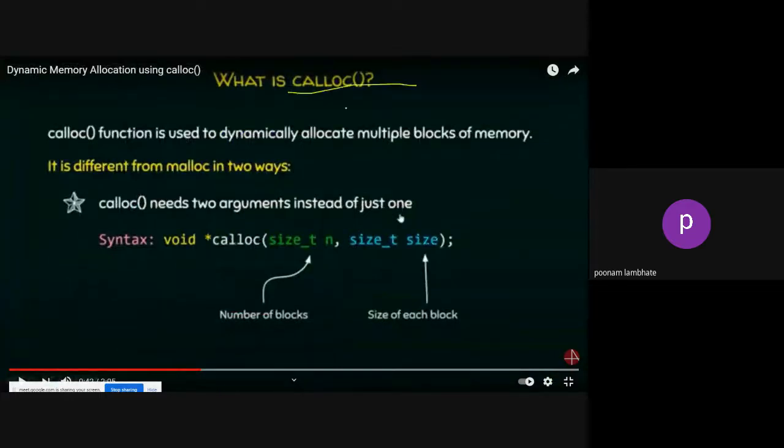Next, we will study calloc. Calloc is similar to malloc, but there are certain additional features that you can get using calloc. Now, the calloc function is used to dynamically allocate multiple blocks of memory. Okay. Now, how is this possible? It is different from malloc in two ways. First difference